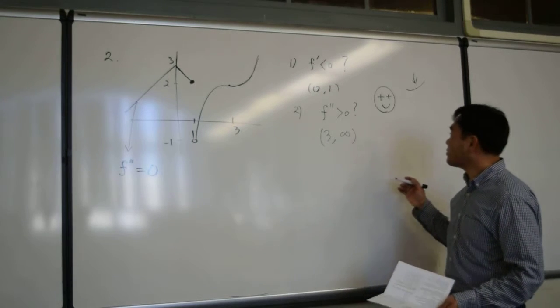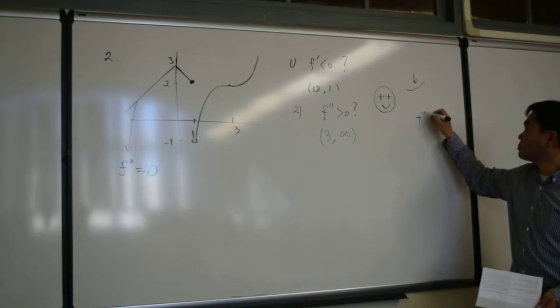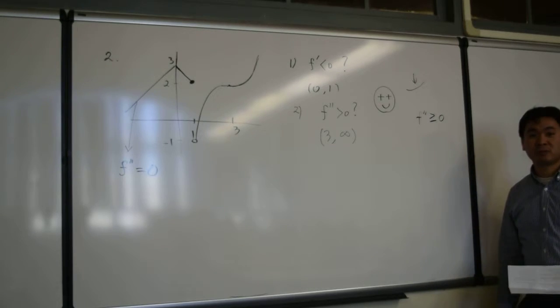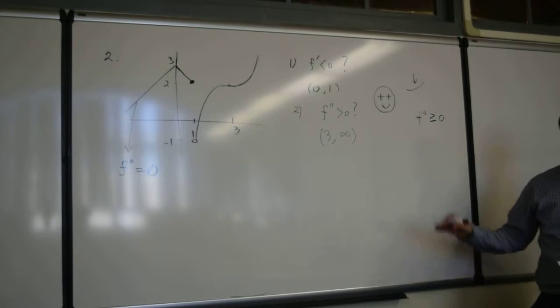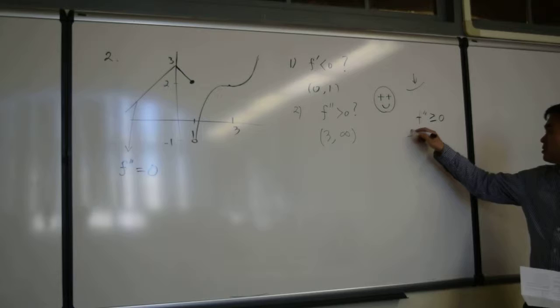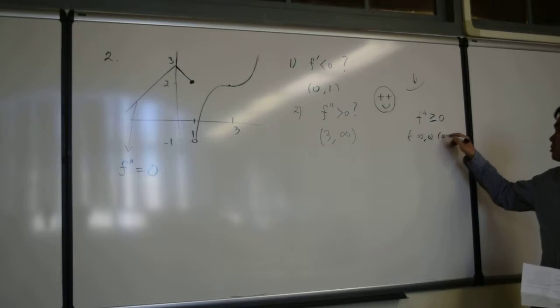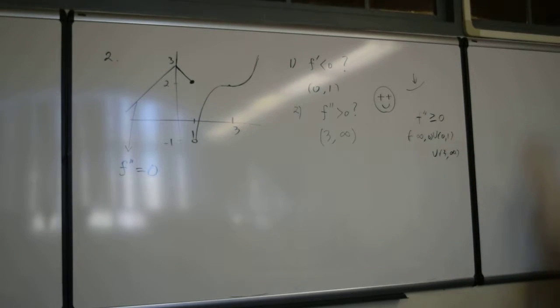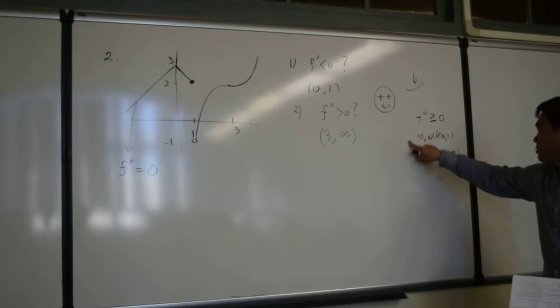Now, what if the question was f double prime equal to 0 or bigger? How would you answer that? Negative infinity to 0 should be included, and 0 to 1 will be included, and 3 to infinity will be included. So all these should be unioned. You have to union all these 3 intervals. So negative infinity to